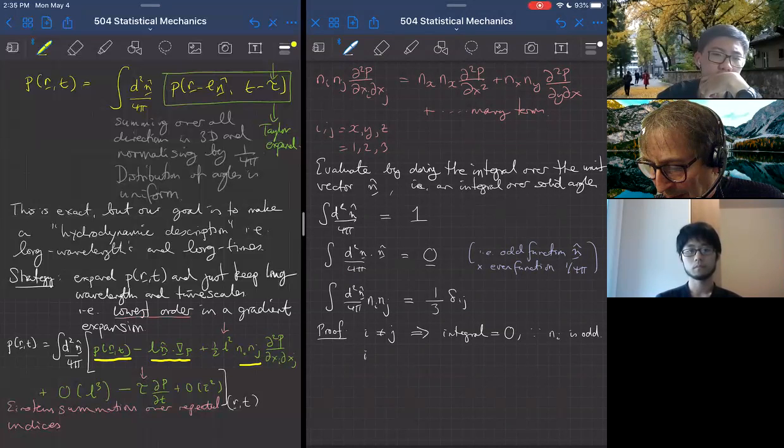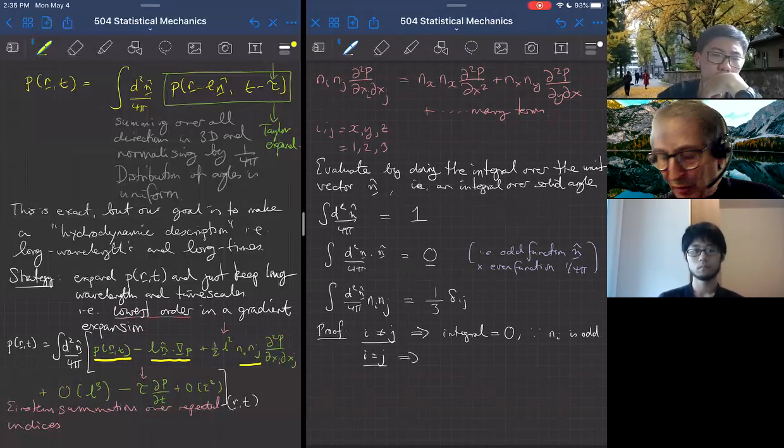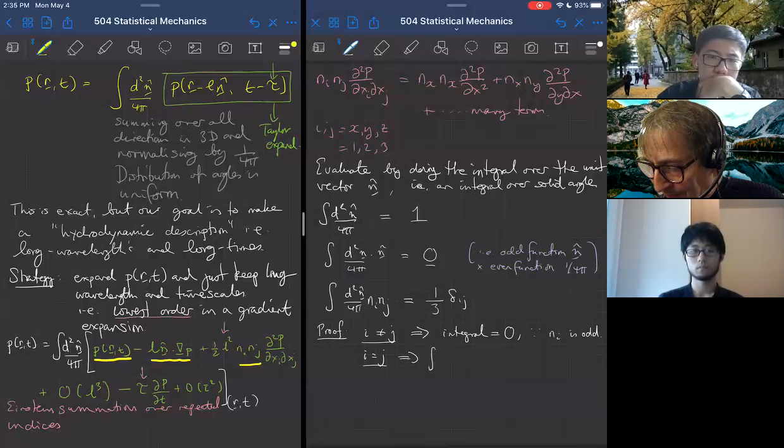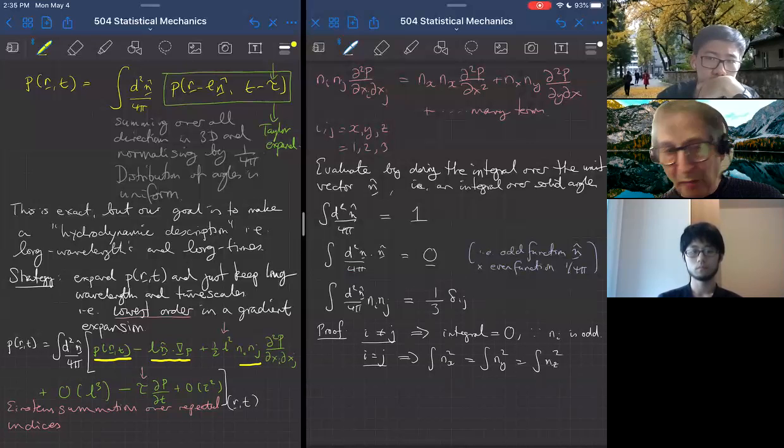So then you say, well, what happens when i is equal to j? So then in that case we do the following. Suppose i is equal to j, so it could be 1, 2, or 3, or x, y, or z. So let's look at that. Then we have the integral of nx squared times d2n over 4 pi. It's the same thing as the integral of ny squared, and it's the same thing as the integral of nz squared. So that means that if I add those things together,